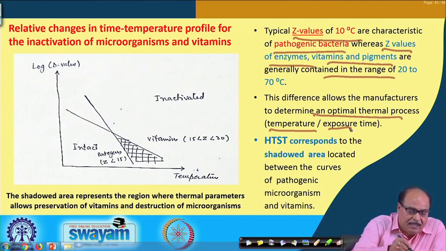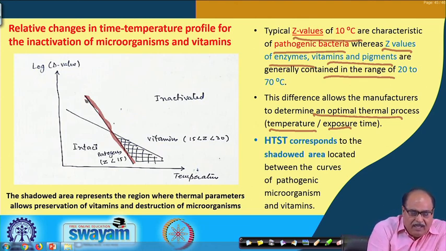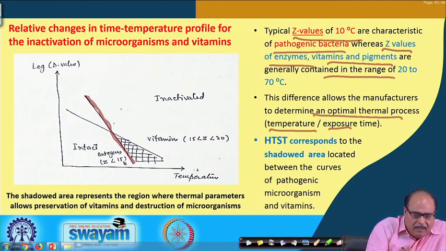You can see here in this graph that this line shows the inactivation rate, or this curve is for the pathogens. On this side, normally the log D value has been plotted against temperature. That is the Z value; the pathogens normally have a Z value less than 15 degrees. It is a Z value of 10 degrees, but we are taking less than 15 degrees. So, on this side of